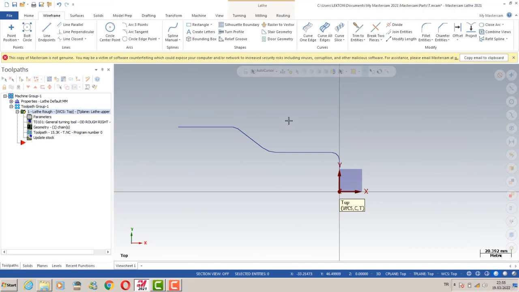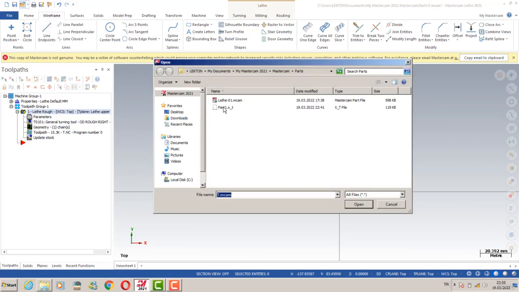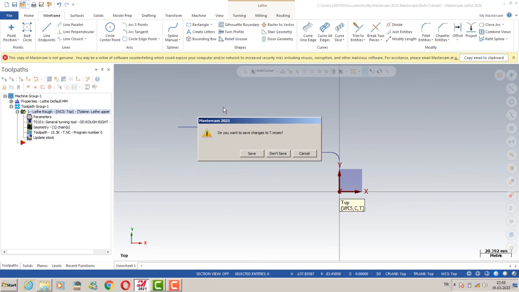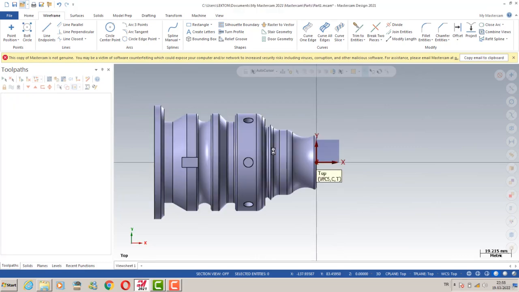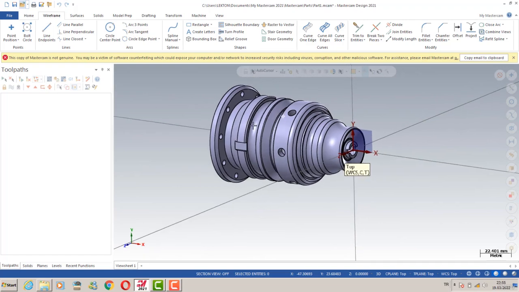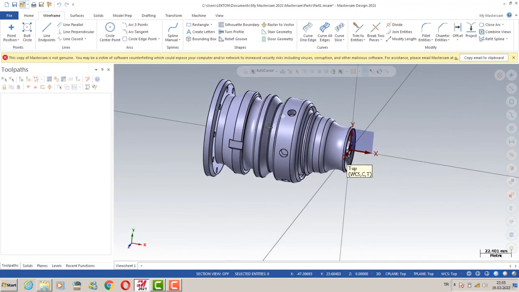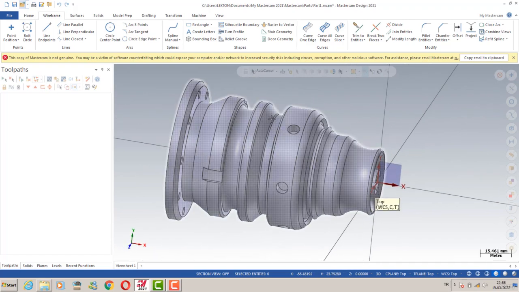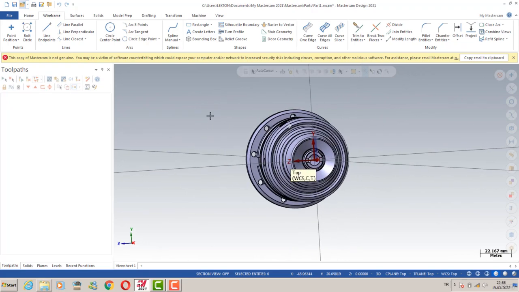But if you would like to create your product by using SolidWorks or another program, you can also use that. I'm going to click the open button here. This is the Parasolid file. I can double click on it and I can easily get my product in Mastercam. You can see the different operations here: C-axis and lathe process, grooving process or drilling process.